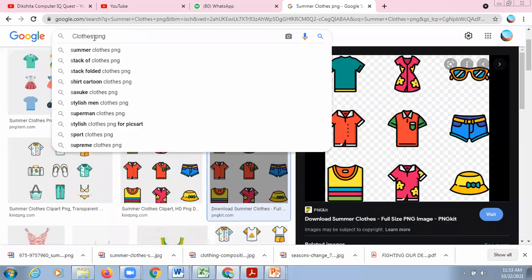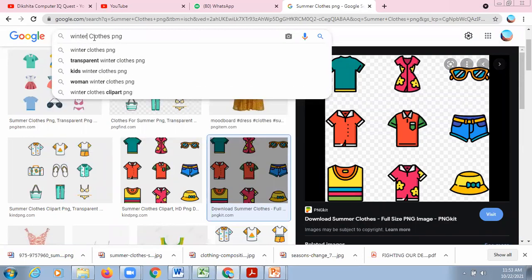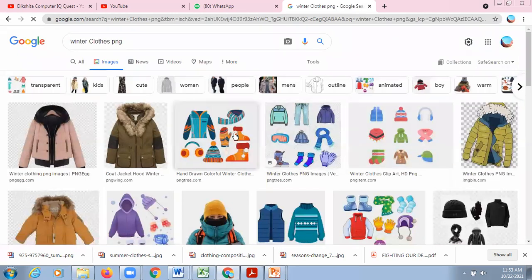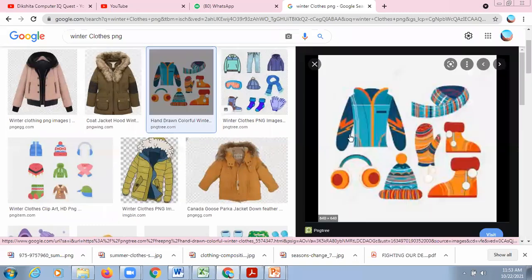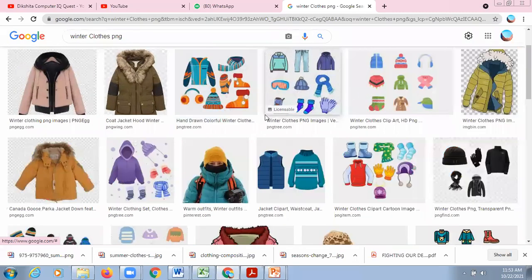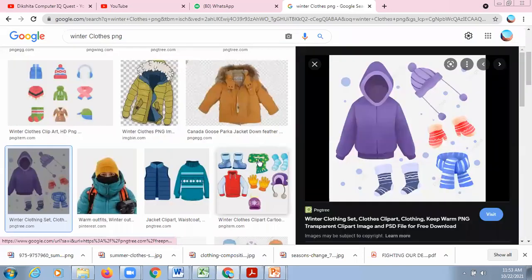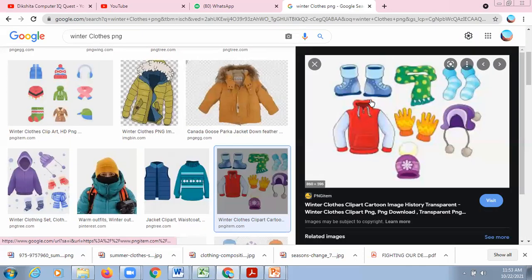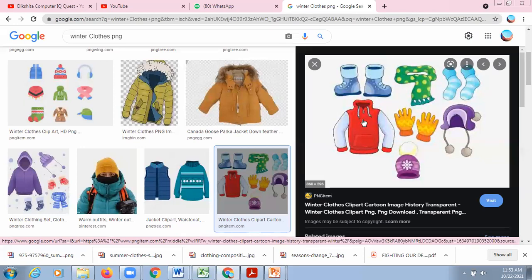Winter clothes png, this time we will write. Check for, let's check for this image. Is it a png? No, it's not a png image. Let's check for this one. No, it is also not a png image because the checkboxes are not coming after opening. So the checkboxes should appear after opening the image, then only it's a png.